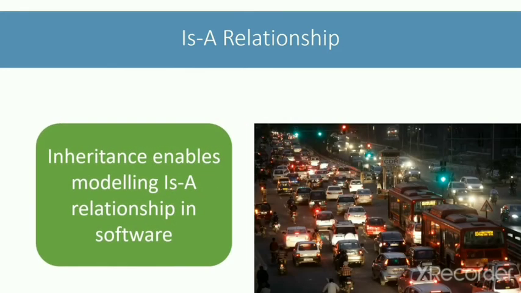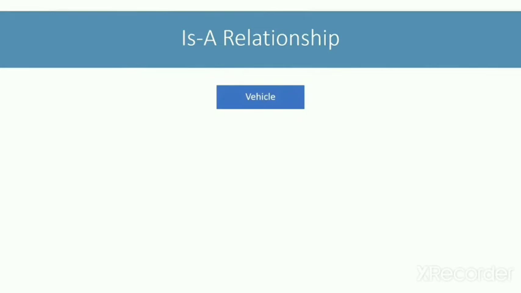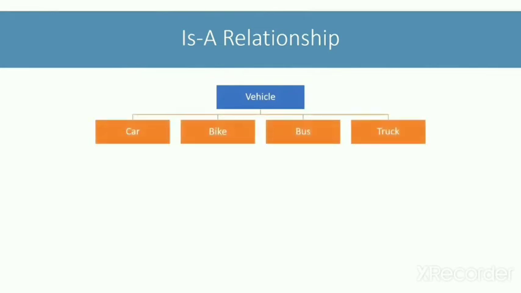Take the example of traffic on the road. What does this traffic consist of? There are cars, bikes, scooters, auto rickshaws, buses, trucks, etc. All of these have common characteristics and behavior. They can move on the road and transport people and goods from one place to another. These commonalities help us to categorize them under one common category called vehicles. Now we can say that car is a vehicle, bus is a vehicle, bike is a vehicle, auto is a vehicle, and so on. This is just one of the examples of is-a relationship around us.